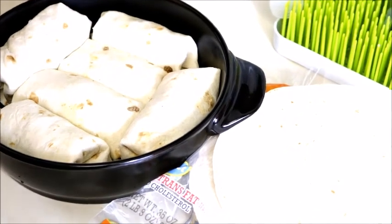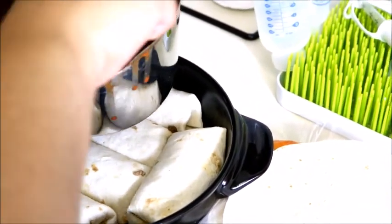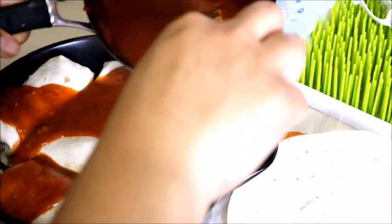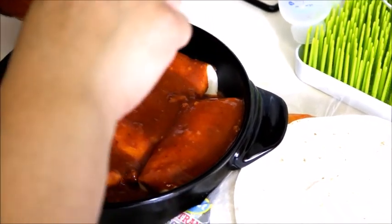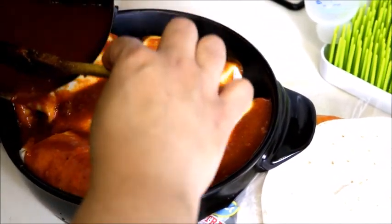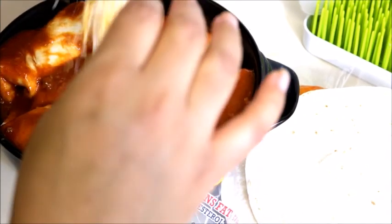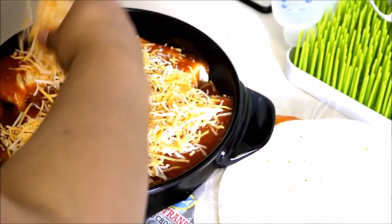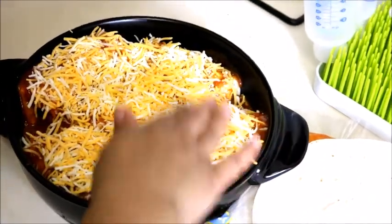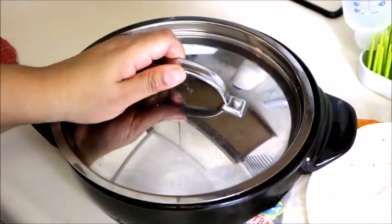Okay, so now that you have your dish filled, you want to take that leftover sauce that you had, give it a stir. You just want to pour it on over everything. Make sure everything is completely covered, all the parts of the tortilla. Take some more cheese and top it. You want to cover it. I'm just going to cover it like that